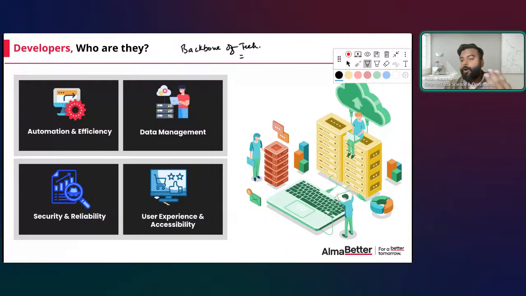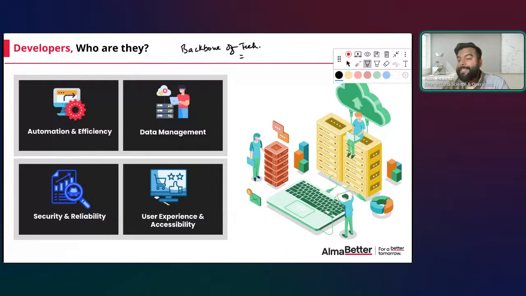Let's say you order using Swiggy or Zomato. There are multiple apps. One app is for you, one app might be for the internal team of Swiggy, one app is for the delivery guy, one app is for the restaurant, and there can be multiple different applications to manage the whole ecosystem of Swiggy. Now imagine I remove one of the apps from the whole process. Let's say I'm not going to give any app to the delivery guy. Imagine how chaotic it is going to be.